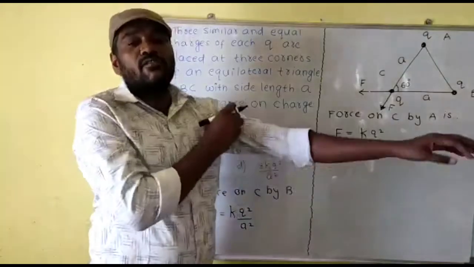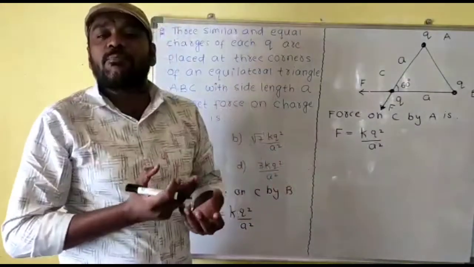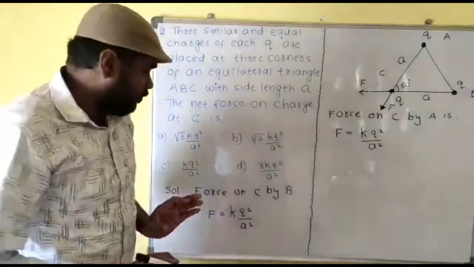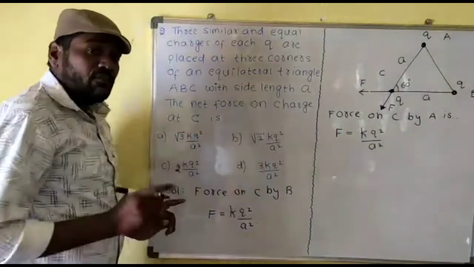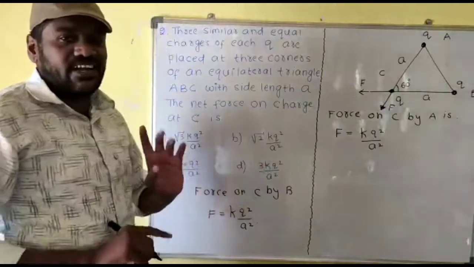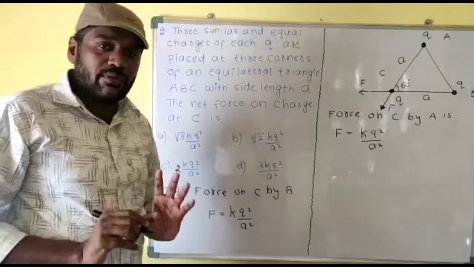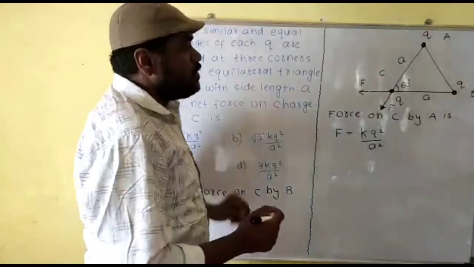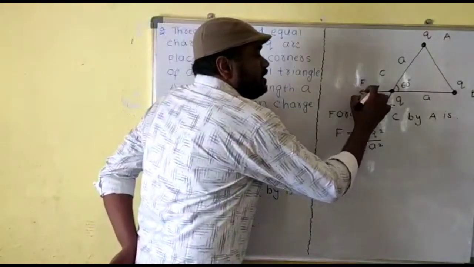So all of you, what will you do? The total force is F1 plus F2, so you will add this one plus this one, right? Therefore this option, 2F, is the correct answer? No, that is absolutely wrong. Why? Because force is a vector, it is not a scalar. Here this is a force, and this is also a force.